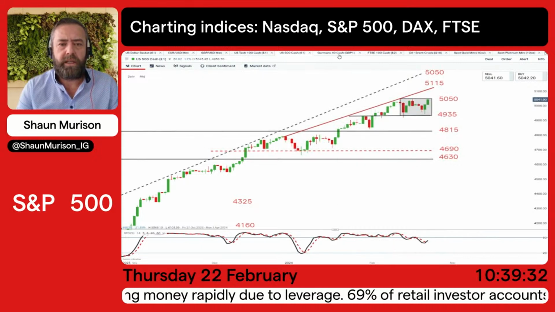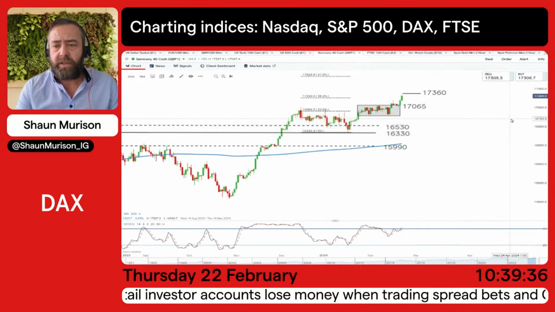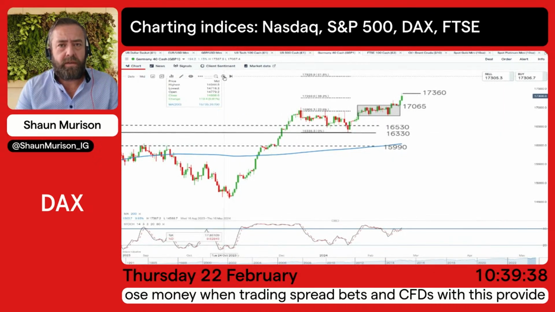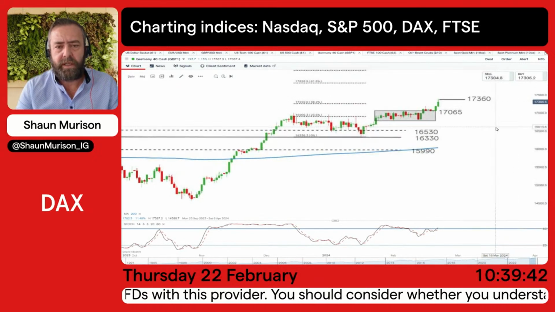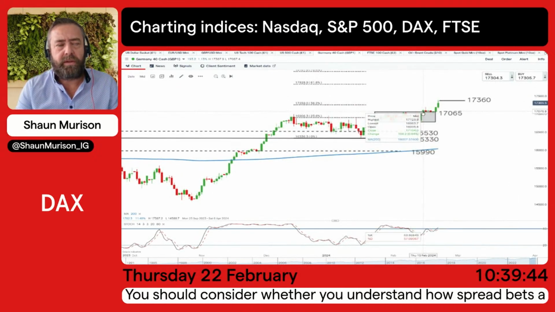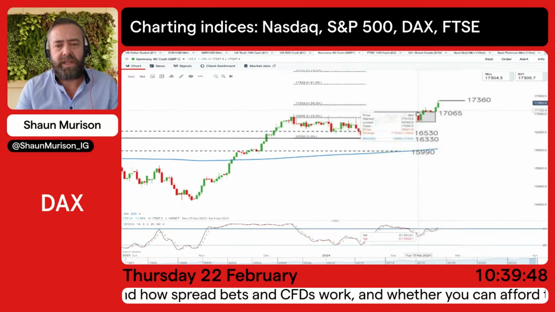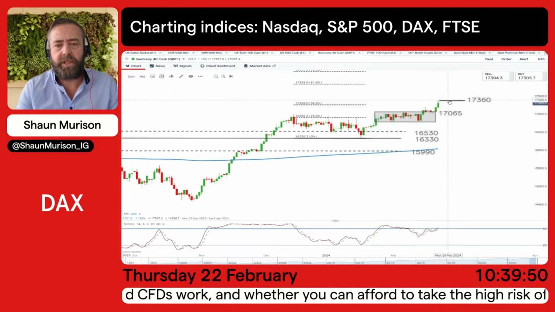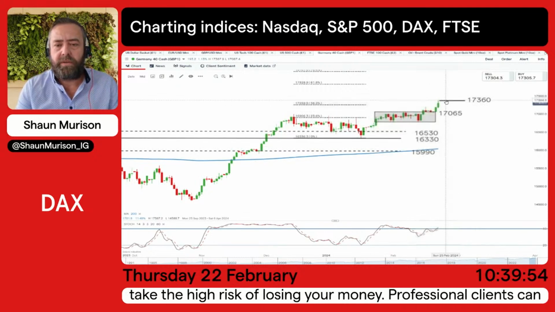Now, looking at the Germany 40 or the DAX 40, this one's worked out very, very nicely relative to our last bit of commentary last week on it. We talked about this range-bound environment, waiting for a breakout. We'd had sort of a tentative break at that stage. We've taken the height of that consolidation to project a target at 17,360, and the market has rallied